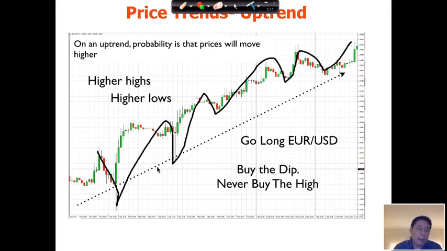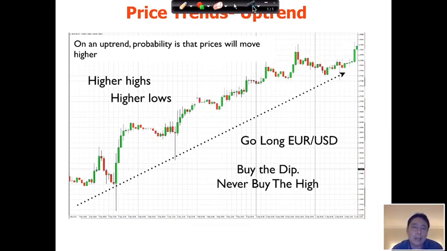So you always want to buy when it's near a dip, right? You never want to buy at the high of an uptrend because eventually it has to dip down before proceeding higher. Think of it as kind of like a wave pattern or like a breathing pattern, you know. You breathe out like so. You have to breathe in before breathing out again, right? So you want to buy on the breathe in before the price continues going up. And that's the general idea when you trade.